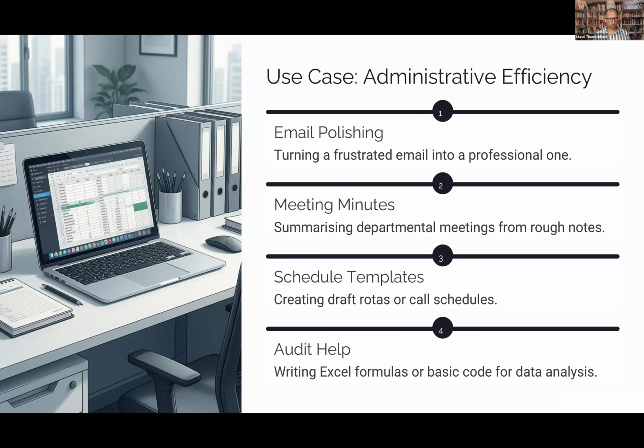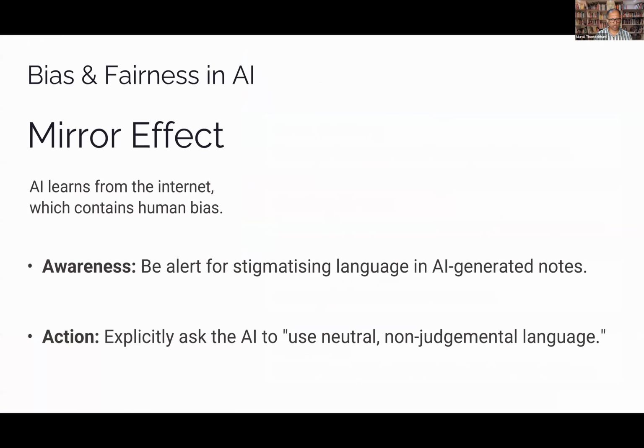I'm going to show you a live demonstration of how you do slides in a minute, but we will go through another important thing here, which is the fairness of AI, right? So as Dr. Divesh was mentioning, you have to be extremely watchful of this because AI learns from the internet, which contains a lot of human bias. So whenever it is generating language-related notes or whatever you're doing, keep a watch on this bias, right? Because it might be biased against a specific color, a specific ethnic group, or religion. So please be watchful of this. Use neutral and non-judgmental language whenever it gives you an output, and you have to edit it before you send it out to anybody or publish it.